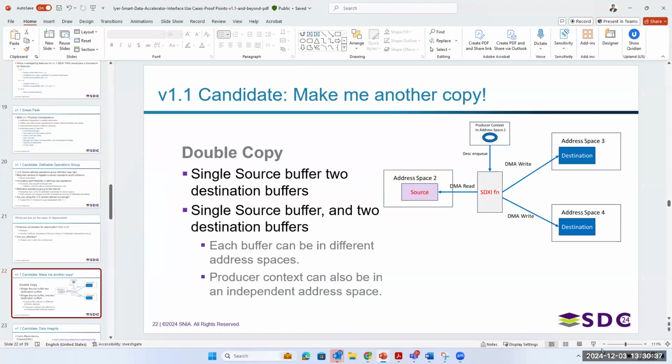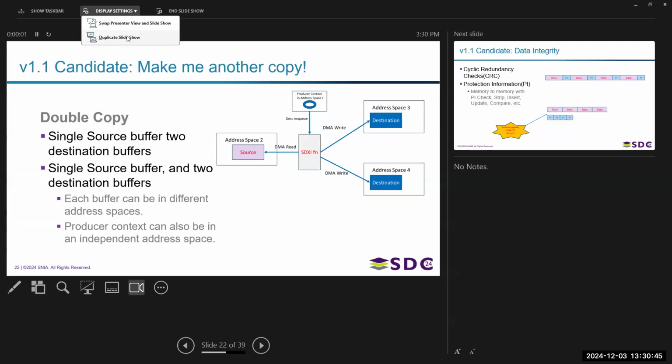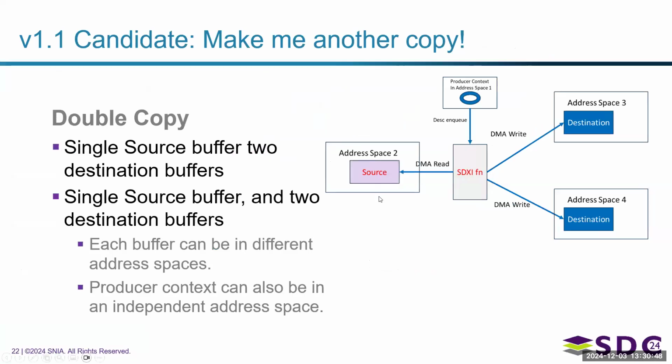The other thing that is interesting in 1.1 is that the concept is extending to not just a single copy, but multiple copies at the same time. You can take the data from a single source address space and replicate it to 2 different address spaces. This is all part of the public review spec that has already been put out. At this time, the group has decided that they're going to support this 2 address space copy model